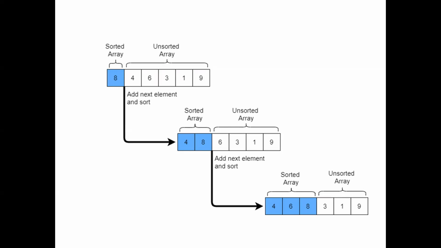Next, we insert the 6 between 4 and 8 because 6 is greater than 4 and less than 8. So by inserting the 6 between the 4 and 8, we get a list as 4, 6, 8, 3, 1, 9. This depends on the insertion of the elements based on whether they are greater or lesser, by comparing with the elements in the sorted array. Here we can see the steps and so on. If we keep going on, adding a new element and doing the sorting process, we can get the answer in decreasing order or increasing order, or in the manner which we want from the computer.